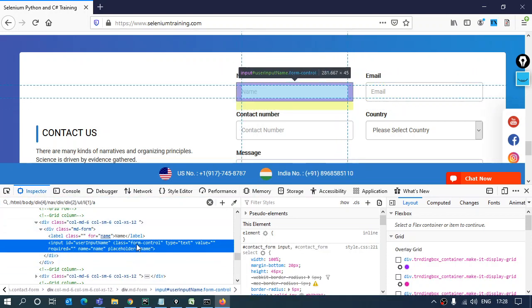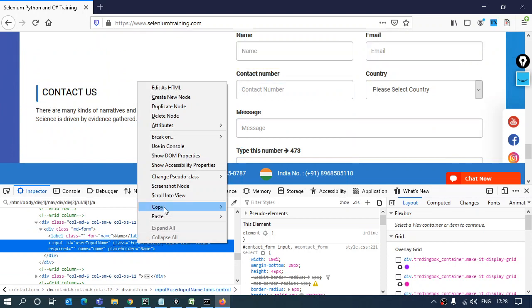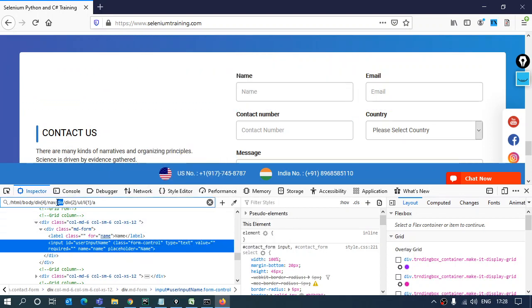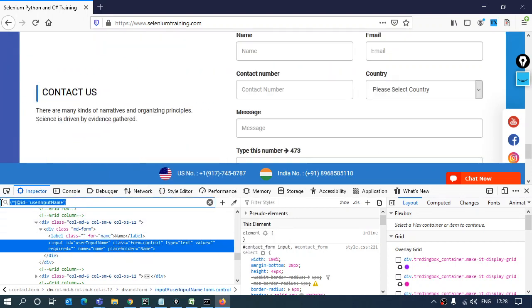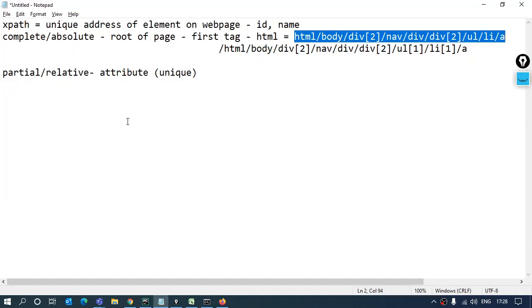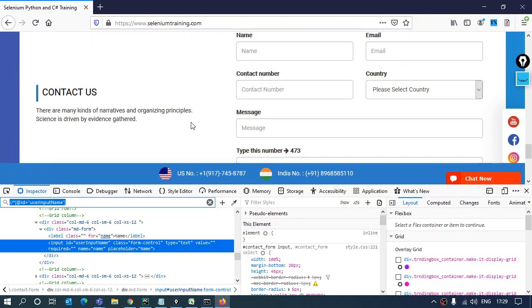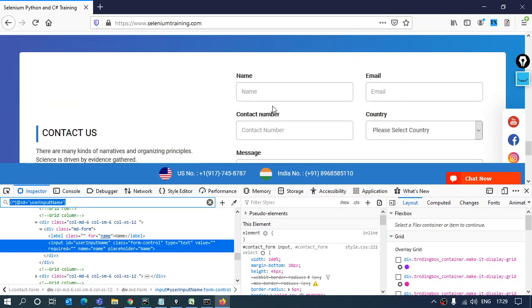So now if I go over here to the highlighted part and click on copy and click on this XPath, this time it will return me the partial XPath, which is not the complete one, but this kind of XPath. This is different. How to make it we'll discuss in the next class. It's quite long to be discussed.